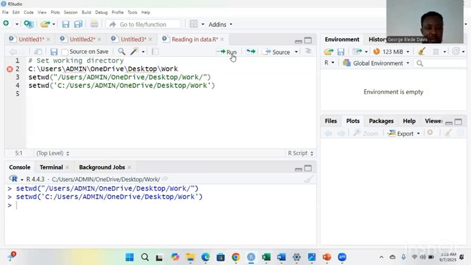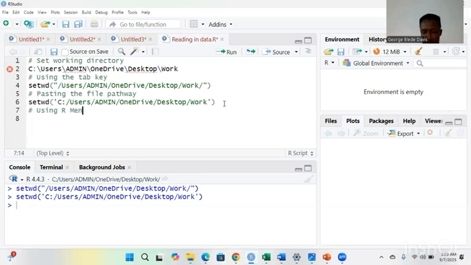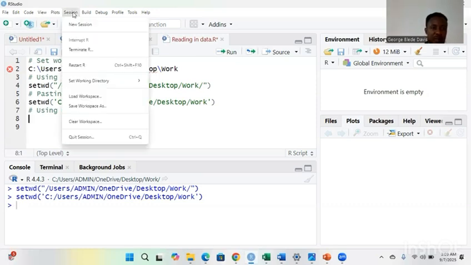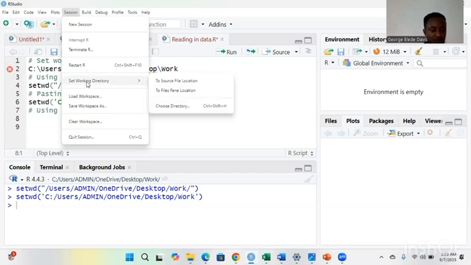The third way to read in your file is using the R menu. You come to the R menu, and first of all you go to Session, right? Once you get to Session, you see this dropdown. The next thing you want to do is come to Set Working Directory, the second option. Another dialog box will open, and you come to Choose Directory.